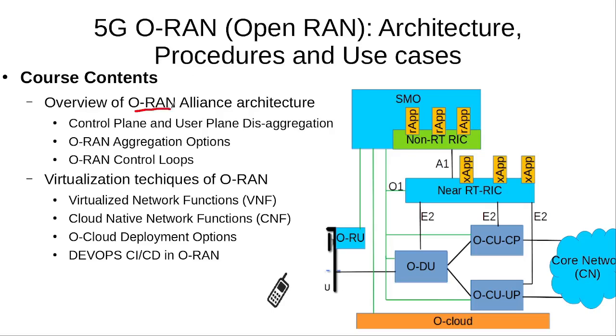Now, the O-RAN Alliance is the main body that is responsible for defining the architecture and the interfaces of the Open RAN. So, the Open RAN is also called O-RAN. So, first we are going to briefly discuss the O-RAN architecture, and in this context, what is the control plane and the user plane disaggregation, the different options for the O-RAN aggregation, the O-RAN control loops, and then we are